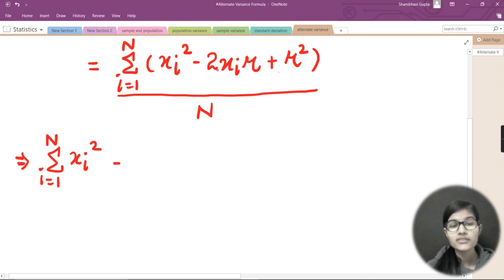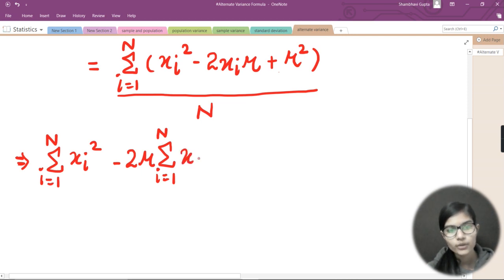After that I'm going to take the constant outside. So here in this formula, what's the constant? The constant is 2 and mu, right? So I'm going to take this 2 mu, this 2 and mu, outside. And then I'm going to put this summation sign going from i equals 1 to capital N, and in the brackets I would have x of i.